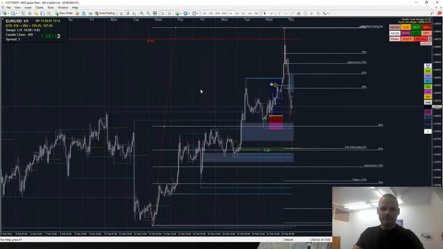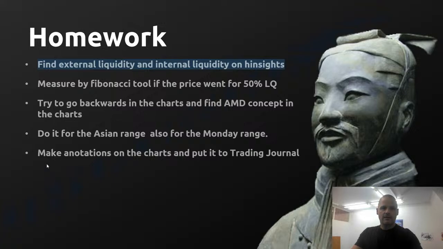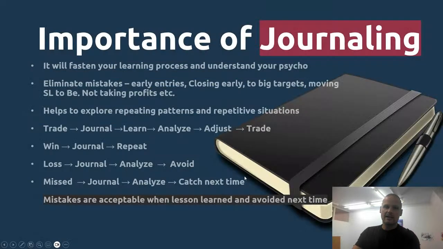Okay, so yeah, this would be it, my friends. And again, make annotations on the charts and put them in your trade journal, right? I will repeat it again. You must have your trade journal. It will speed up your trading process. It will help you to eliminate mistakes and all these things which I was talking about today. You will find them, you will write them down, you will realize them, and you will start using them.